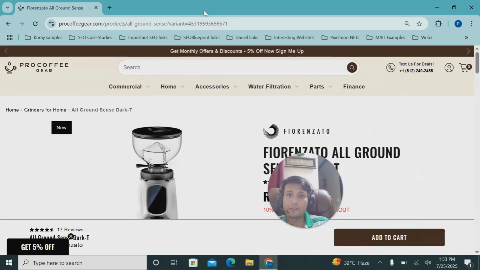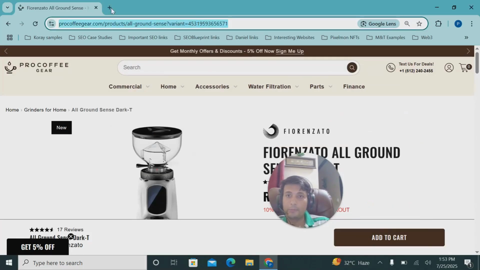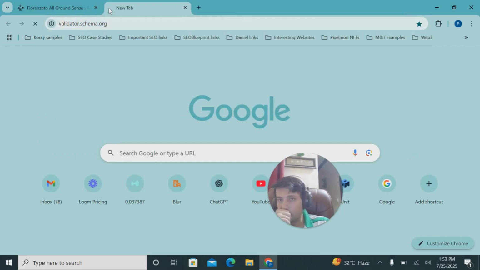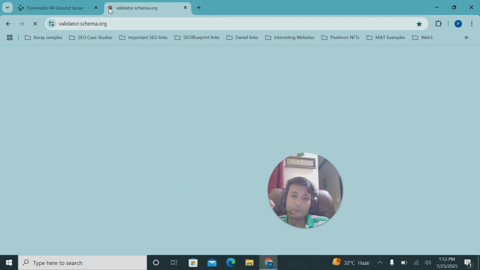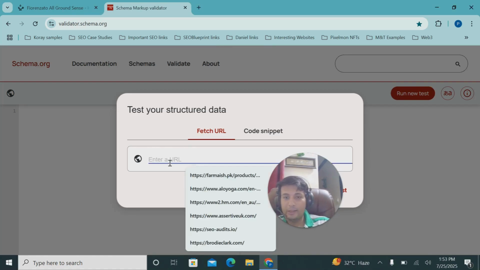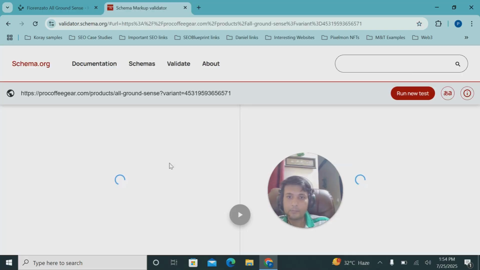Let's take a look at how the product schema looks for the product pages. For that, we will go to another website, which is validator.schema.org. This is a website for checking if the schema implemented on a page is correct, if it's missing any attributes, or if there are errors on it. So this is a good website for that. We'll just paste the page URL here, and it will go and fetch all the schemas that have been implemented on the particular page, in our case,